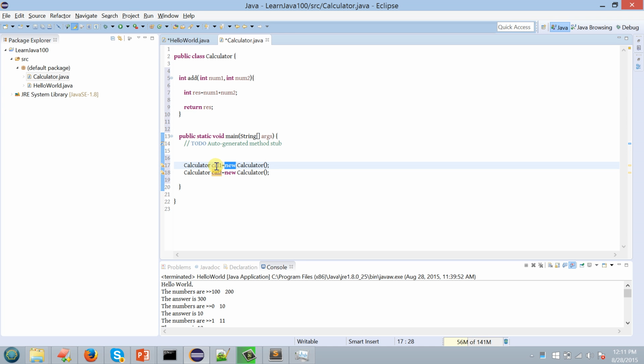So we have created two objects here, cal1 and cal2, but we don't need cal2 now, so we'll just delete it. We don't want to complicate things; we will keep things simpler. So cal1 is there, right? Now the next thing is cal1 dot. I want to call the function in that cal1. What is the function in that? Add, right? So we'll call cal1.add. What numbers are we going to pass? 100, comma, 200, right? So I'll continue in the next video because I don't want to run out of memory here.